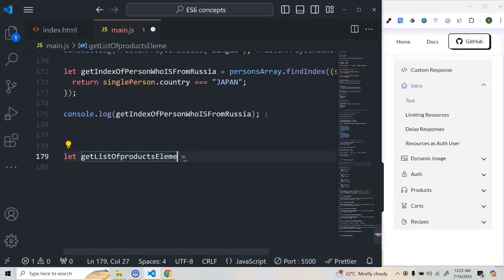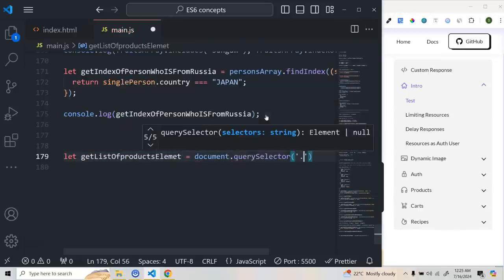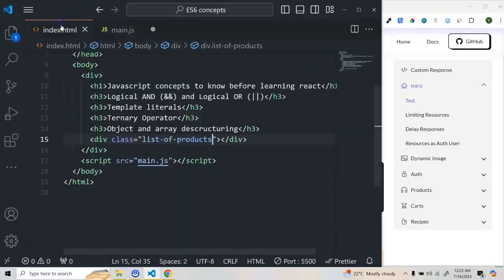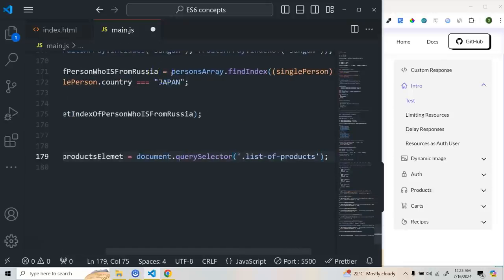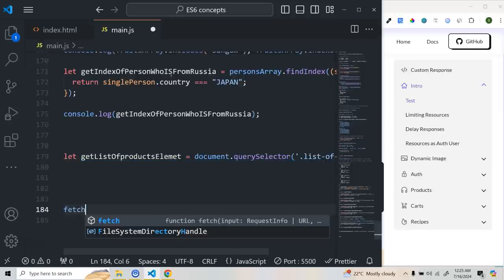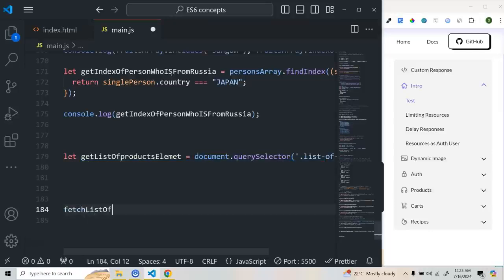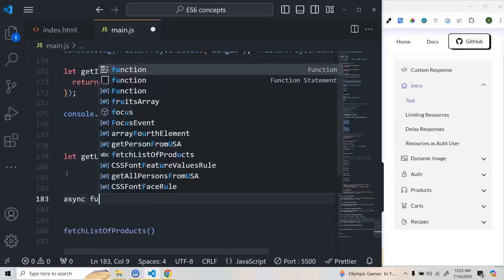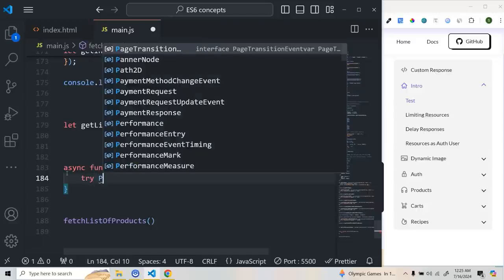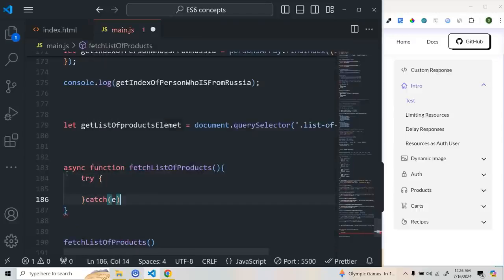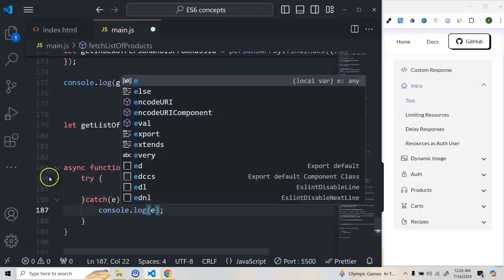So what I'll do, right, here I'll do document.querySelector, and I'm going to give this one as list of products. Let's copy from there. Okay, now here what I'm going to do, I will be creating a method here. So we'll do fetchListOfProducts. Now let's create this method. So we'll do async function fetchListOfProducts, and here what we are going to do, we'll take a try block and catch. So in the catch we'll just log the error,